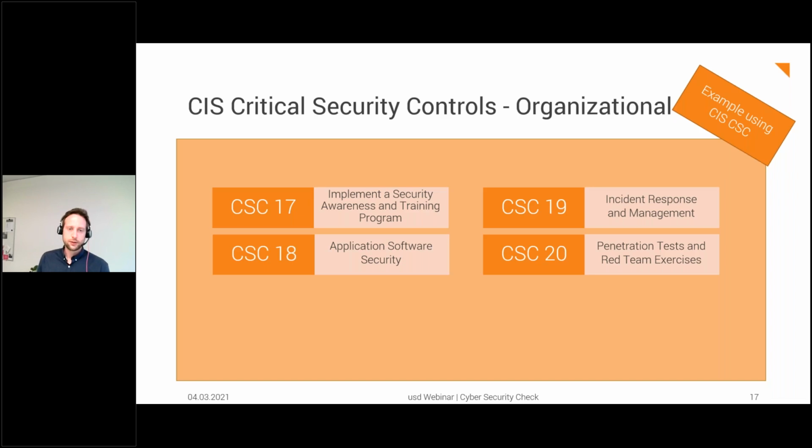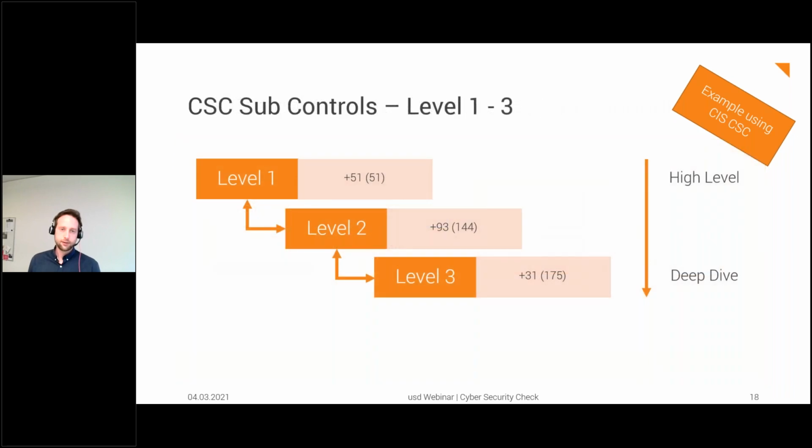We would also include security awareness trainings, incident response management, and software development security. So this would be something we would discuss. We could bring that to the table. And as I said before, there are also different levels, different implementation groups, where we can say, okay,